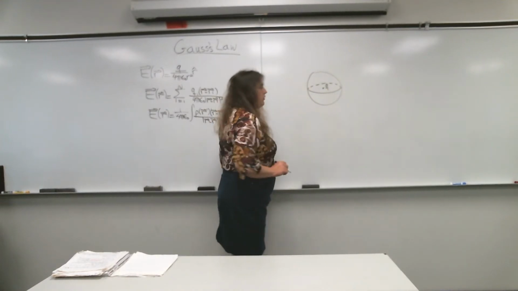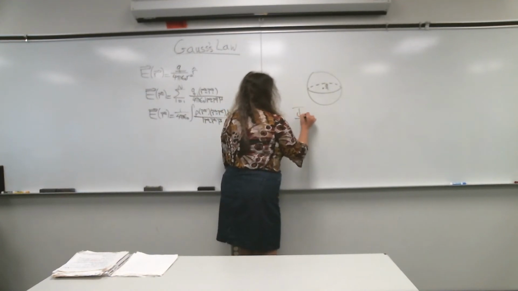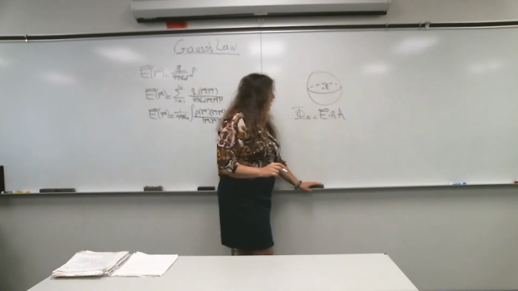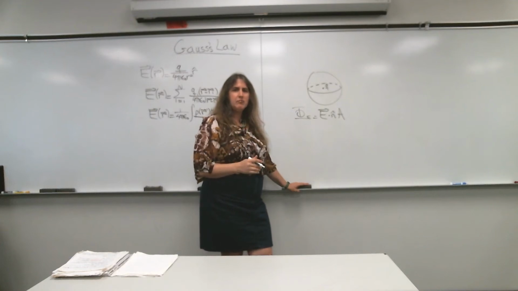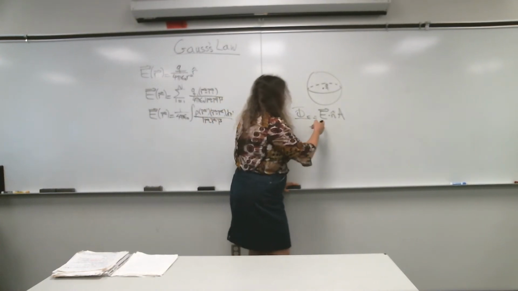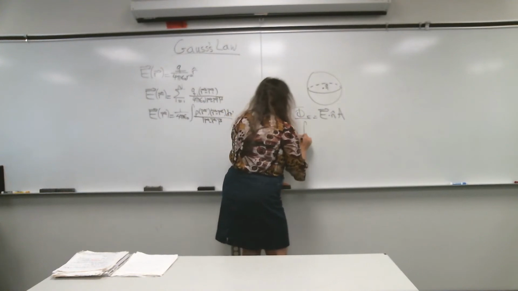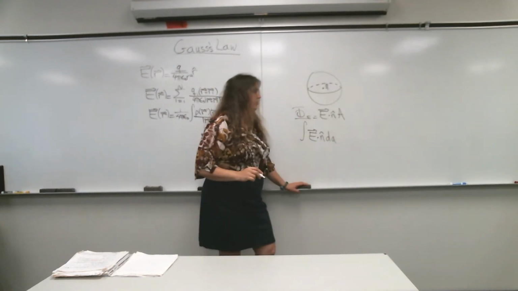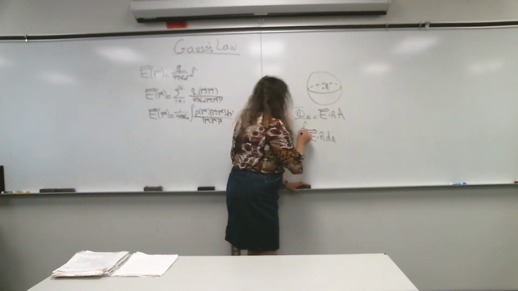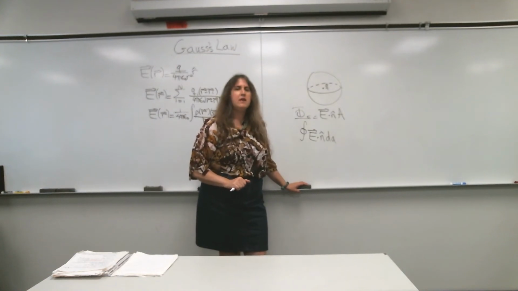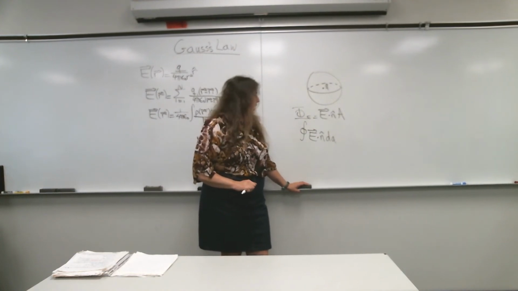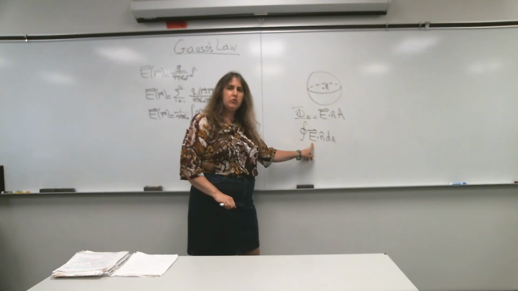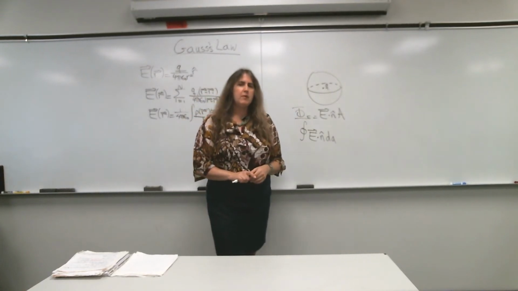Well, I need to generalize my expression. Going through an area where my field's uniform, I'm going to turn this into an integral now. So now we're going to integrate this over the entire surface. And I'll put a circle on that integral sign to indicate that our surface here is closed. And I want to calculate this value here. Well, I know the electric field due to a point charge is just Q over 4 pi epsilon naught r squared